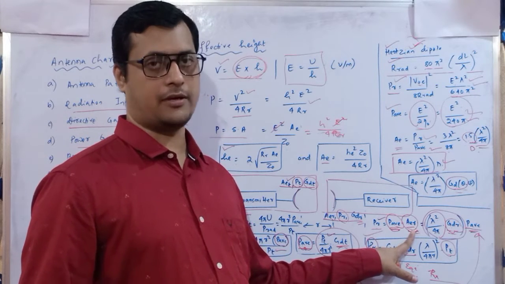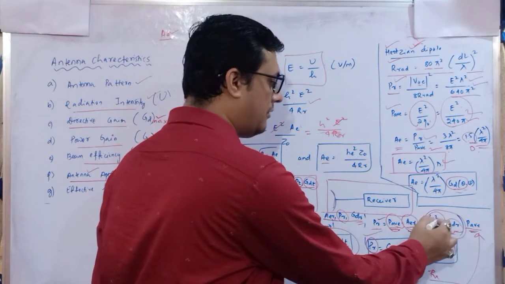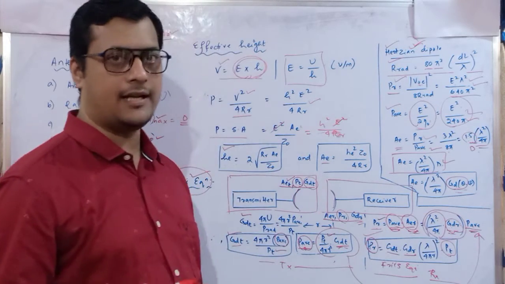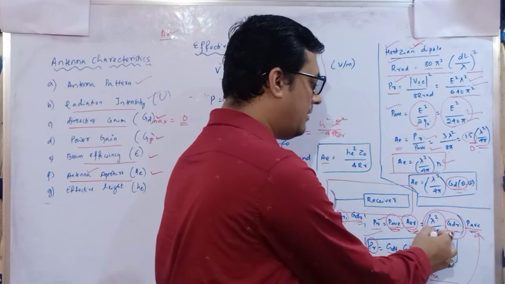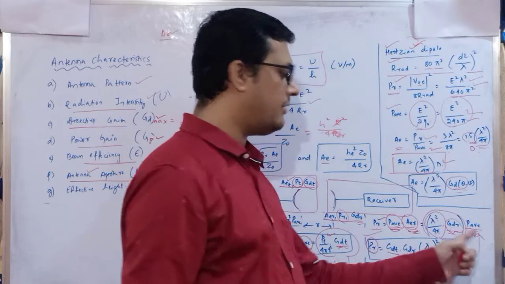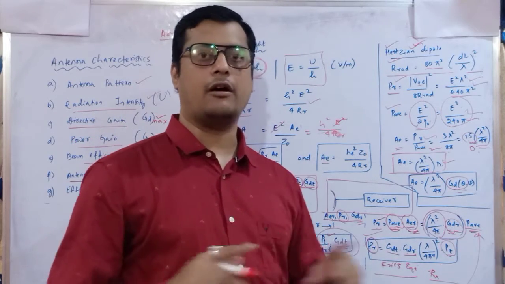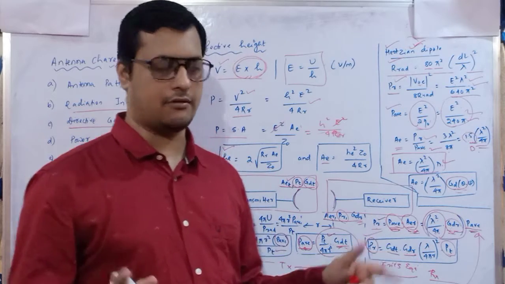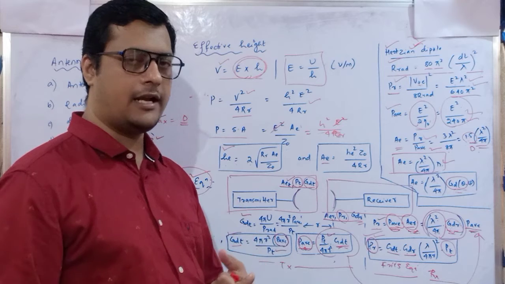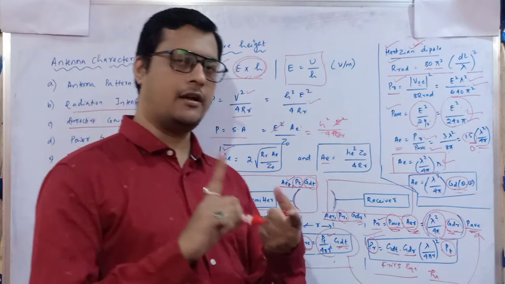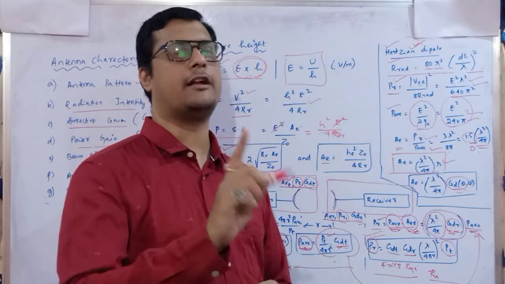That is the most important factor, because here I have directly written the value: lambda squared divided by 4 pi into G_DR. How we got it, I will tell. So lambda squared divided by 4 pi into G_DR into average power. If you substitute this average power here, then that equation is called the Friis equation. So the received power depends upon the directive gain of the transmitter, the directive gain of the receiver, lambda by 4 pi R whole squared, into the transmitted power.